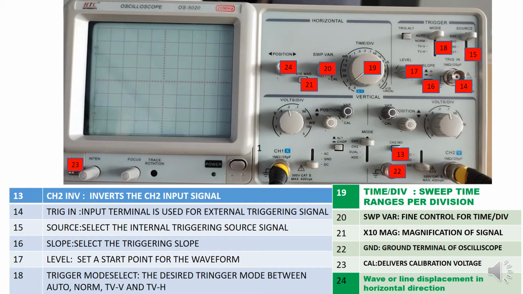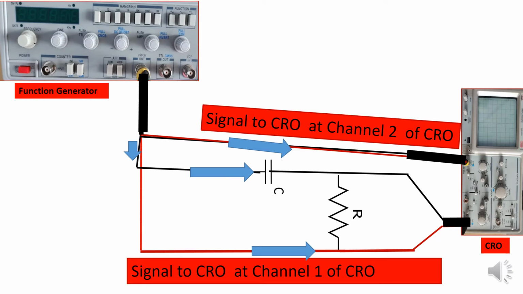Important thing is that here the setting will be XY always, right? Because we are giving the signal to two channels together, so the XY setting should be there, right? So what we are doing is we are getting a signal from this function generator, right? Here basically one part of the signal, meaning two wires, is directly fed to channel 1 or channel 2, whatever you want.